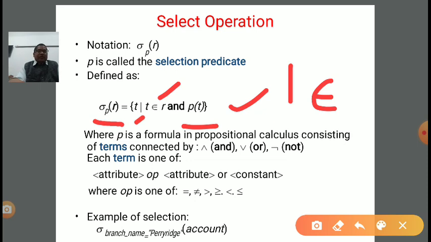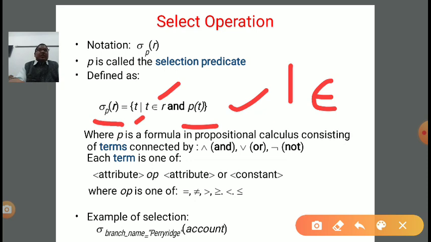Okay, where p is a formula in propositional calculus consisting of terms connected by connectives. There may be two conditions in the predicate combined with a connective like and, meaning both the conditions or all the conditions should be satisfied at the same time. Or means at least one condition is satisfied, then it will be taken as true, and if all the conditions are false, then only it will take the predicate as false in case of or.